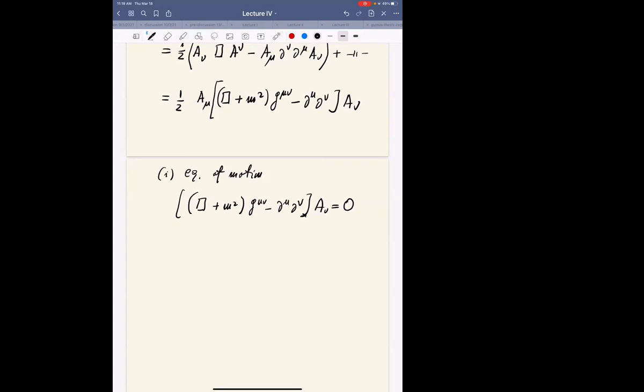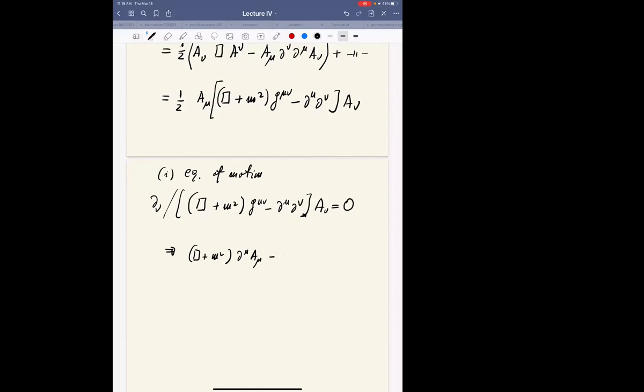I can take a derivative of this, d nu acting on this. Notice what I get if I take the derivative. I get the box plus m squared. This will give me d mu a mu minus. This will become, again,